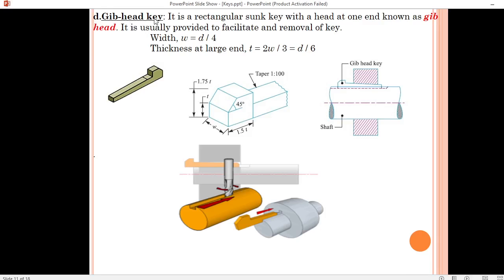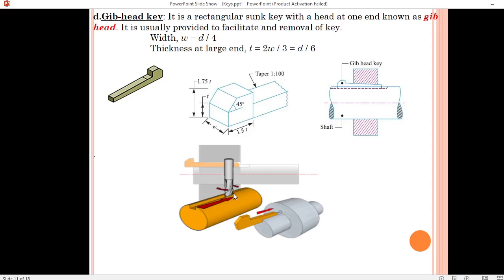Next is our gib head key. So this is a rectangular sunk key with a head at one end known as gib head. So it is having a head on one side. This is known as gib head, and it is usually provided to facilitate removal of key. So here you can see the diagram of a gib key. This is the shaft. This is the gib head,